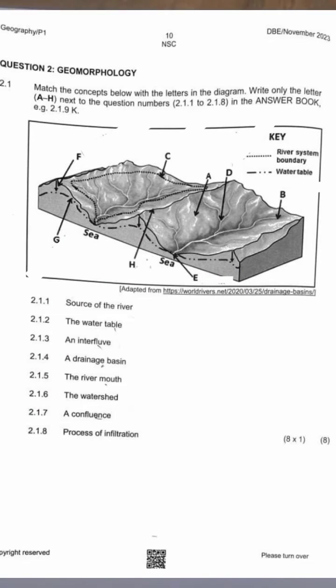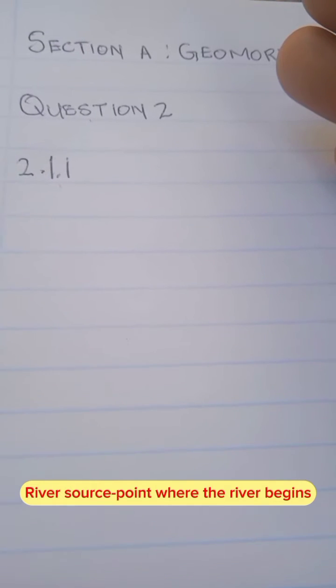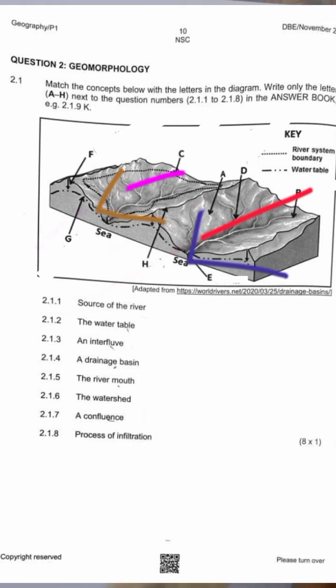So 2.1.1, we are supposed to match the concepts with the letters in the diagram. So it's that easy. 2.1.1, the source of the river. So what goes on your mind? The source of a river. That has to be a point where a river begins. We know that these rivers actually empty out towards us. That means the mouth, because there we have the sea. So they flow towards us,